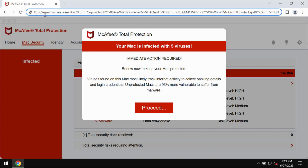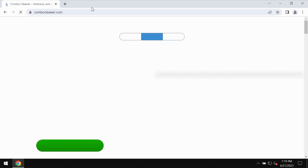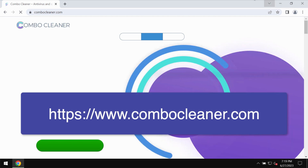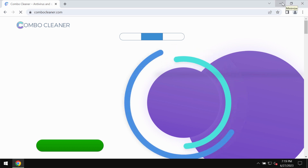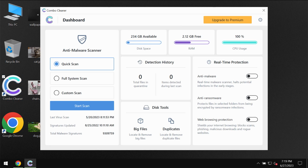If you see these pop-ups by EasyLifeScan.com, don't trust these fake alerts. Just leave this deceptive page. I also recommend that you research this system with Combo Cleaner Antivirus. Get it on the page combocleaner.com, download it, install it, and then once it is installed, start investigating your system